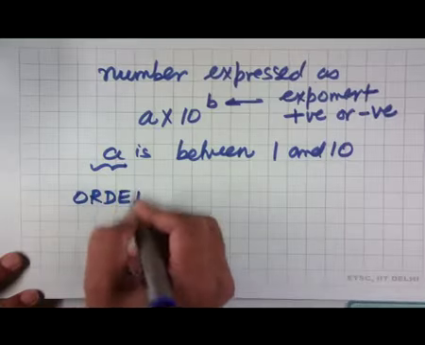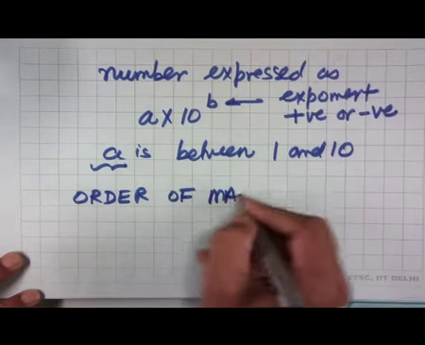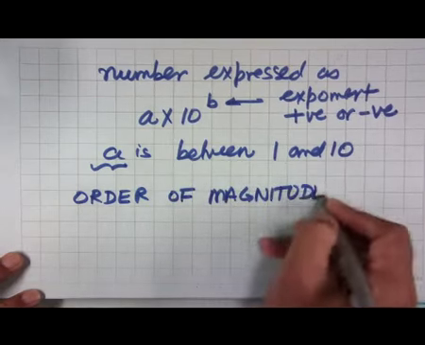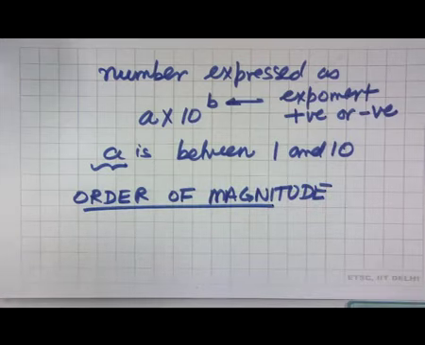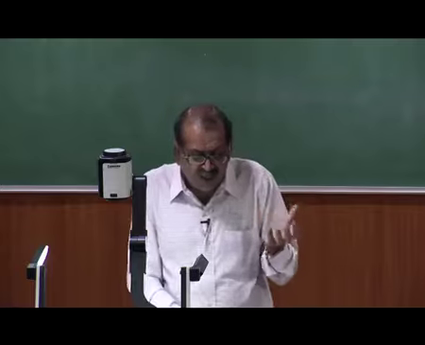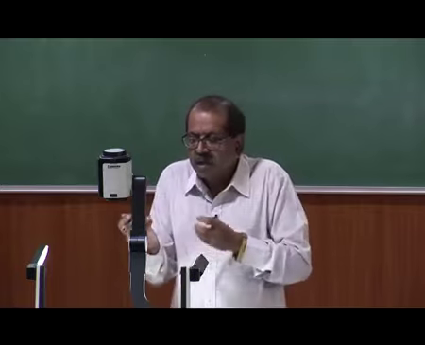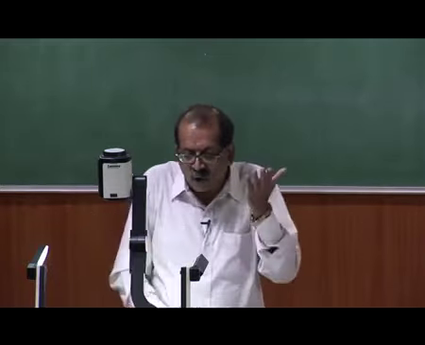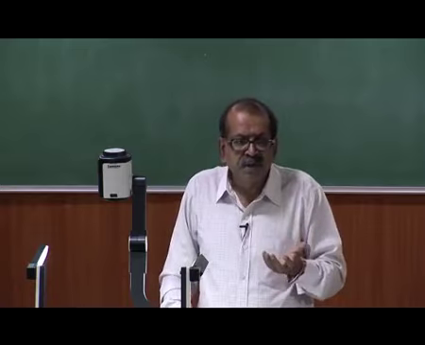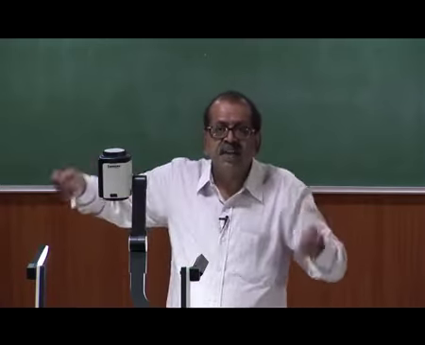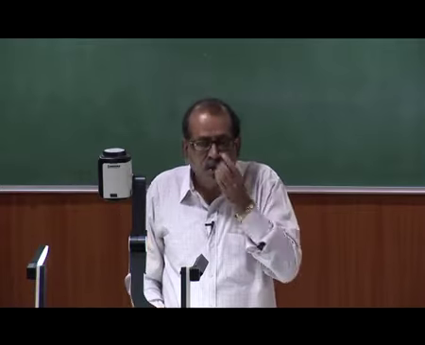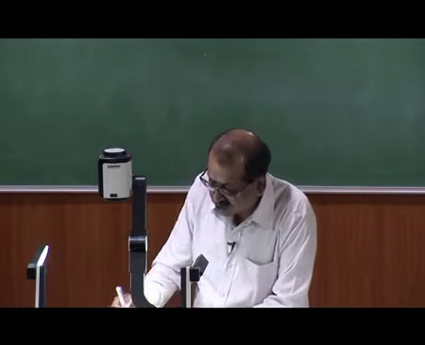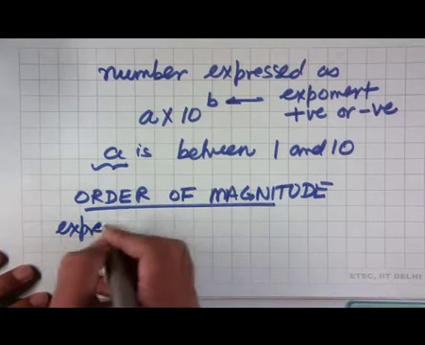Then we also define something called the order of magnitude, where we want to have an estimate of the measurement, not the precise value, but how much it is. For example, when we have something like 1 meter or 2 meters length, we call them the order of magnitude of 1 meter. But if something is 100 meters or 110 meters, then we will say the order of magnitude is 100 meters. So, how we write the order of magnitude is, again, if we express the number in scientific notation,